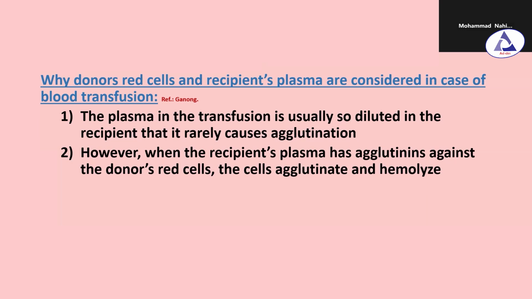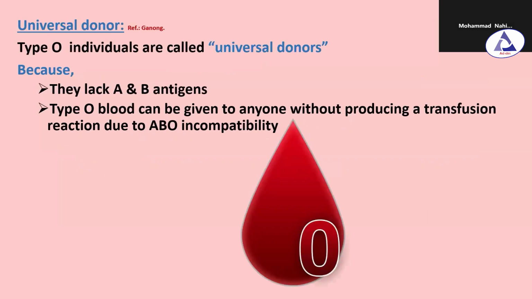And the number two is, however, when the recipient's plasma has agglutinins against the donor's red cell, the cells agglutinate and hemolyze. Which blood group system's individual is considered as the universal donor? Type O individuals are called universal donors because they lack A and B antigen. Remember, type O blood group. Type O means there is absence of antigen A and antigen B. O stands for 0. And type O blood can be given to anyone without producing a transfusion reaction due to ABO